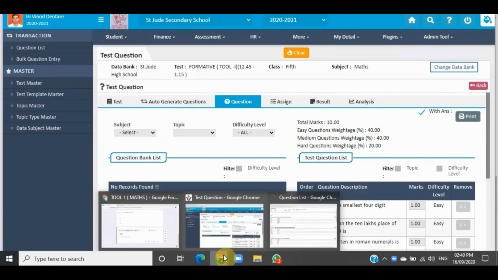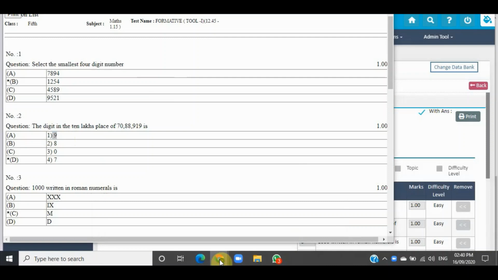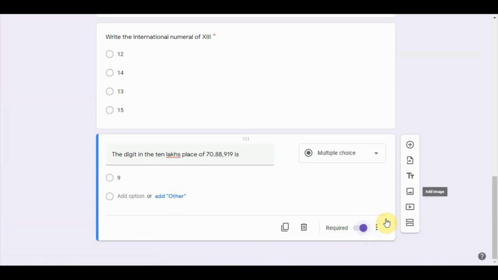Now one more thing. Options: you can choose like this, or if you want it directly written, you can take it. Now here Control C. This is maths and it is a simple one, so I can type it also, but Control V. Okay, so like this you can take the answers, make it compulsory.